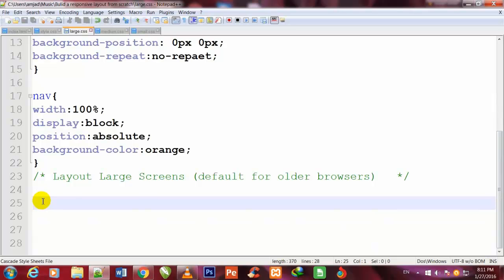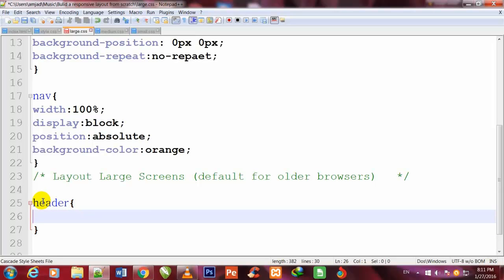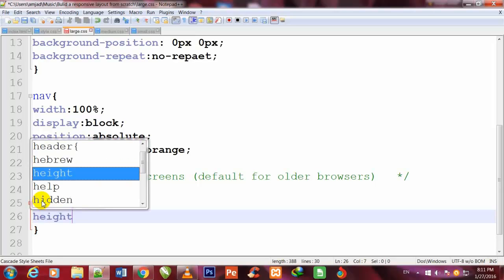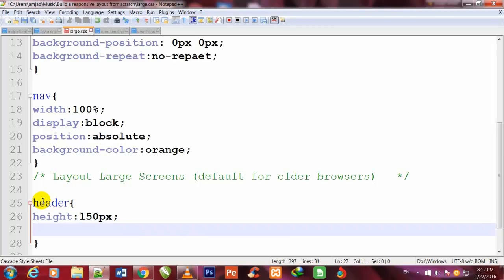So first of all, I will call the header and friend, I will define its height 150 pixel. Press enter,